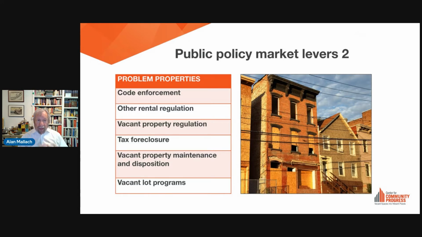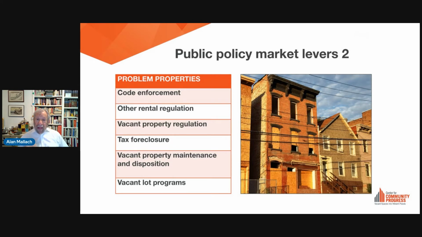So the basic takeaway here is that public policy, what government does, is incredibly important to neighborhoods, their stability, their quality of life, and their market strength. And number two, a lot of that is stuff that you don't automatically associate with housing markets, like shade trees, street lighting, garbage pickup, and so forth. And number three, look at what the state law permits or prohibits, as well as what the municipal programs are.